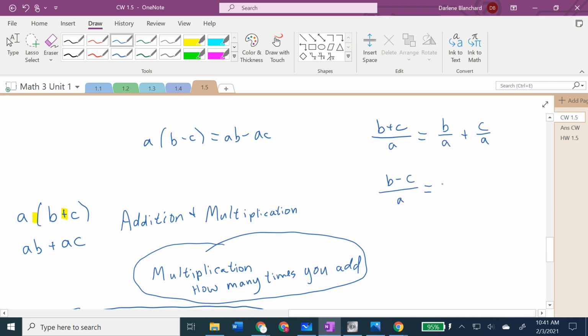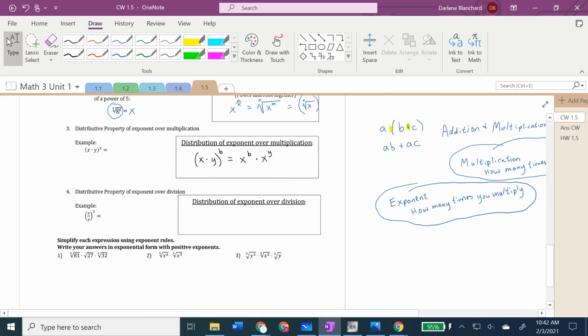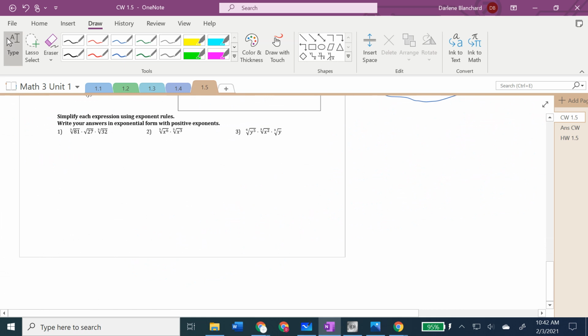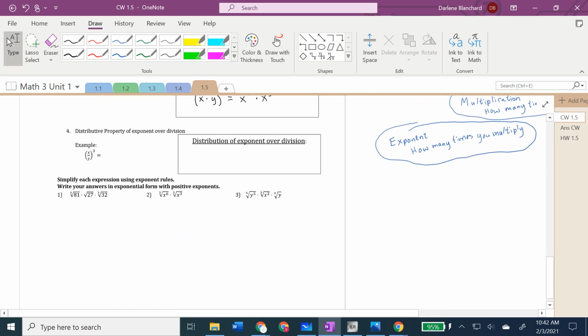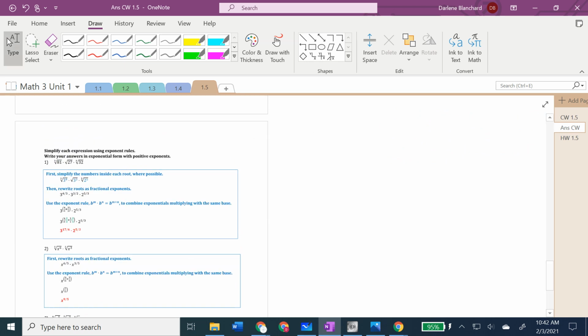What I'm showing you here is a whole big bunch of stuff that will save you a lot of algebra pain if you understand the relationship of the distributive property in a bigger sense. Now, I will make a second video to post on top of this where I go over the examples here. You can also look at the answers to the classwork where I have a bit of a step-by-step guide there as well, but I'll do a video on top of it. I have to get you started on the testing, so